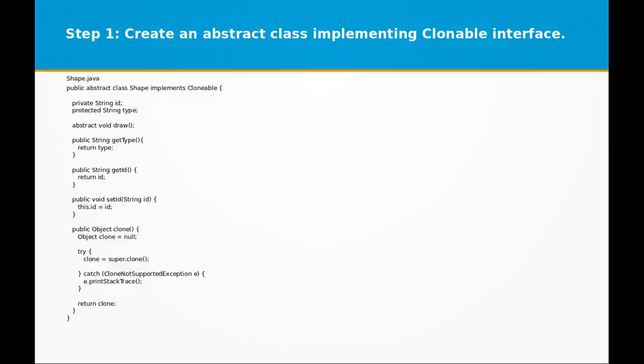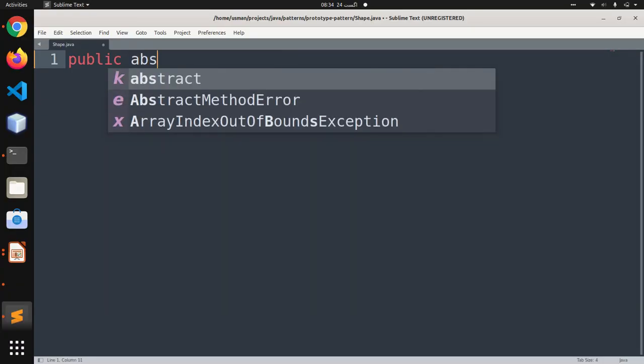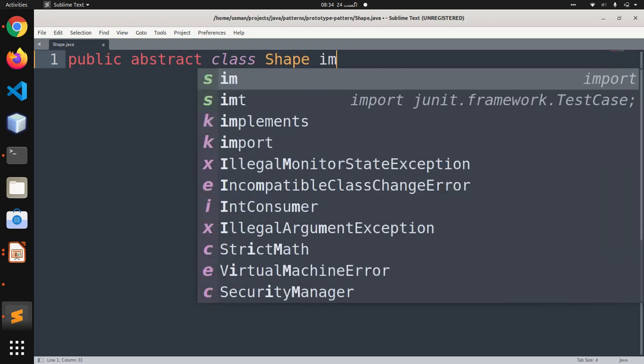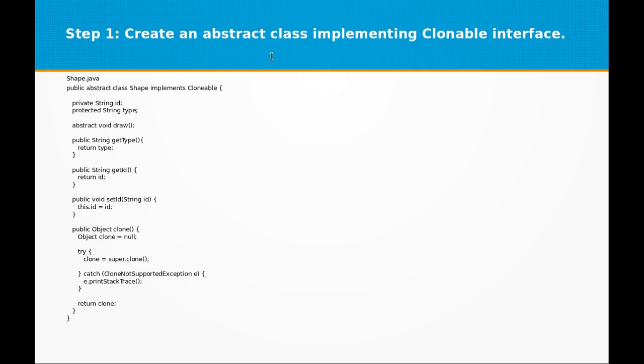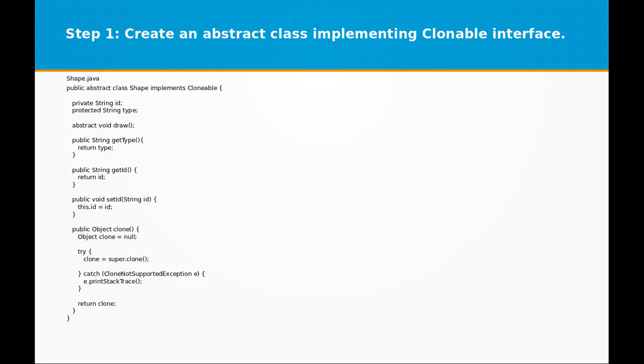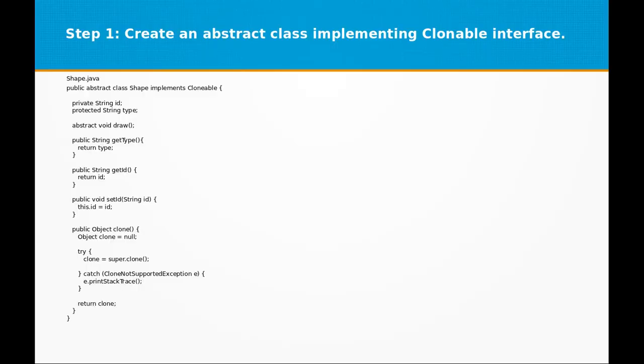It's an abstract class, so public abstract class Shape implements Cloneable. Basically Cloneable is a built-in interface in Java which supports cloning existing objects in your application.